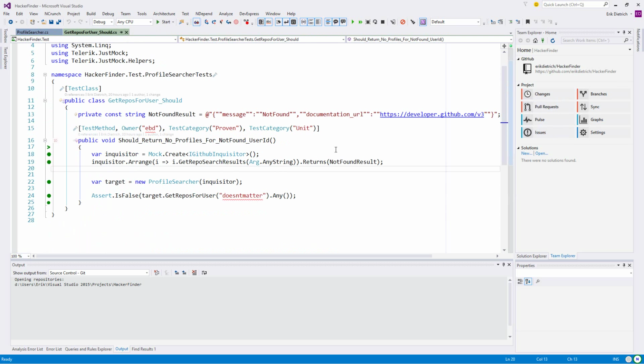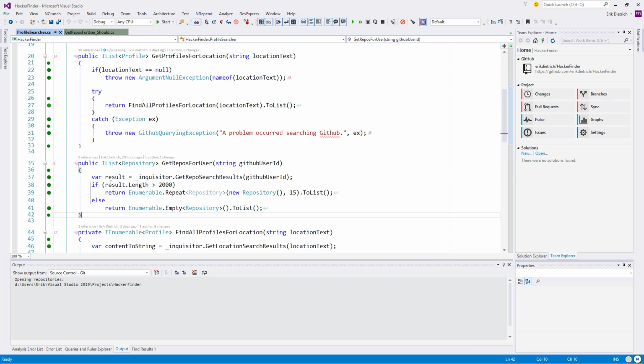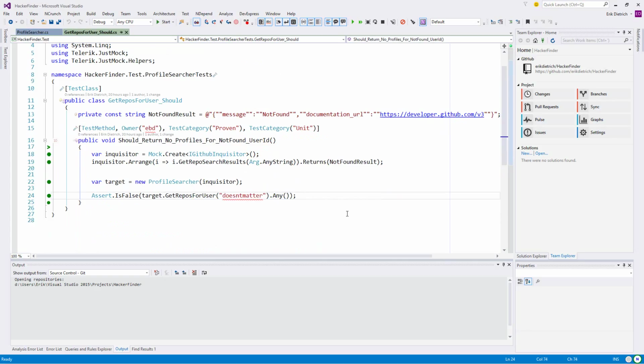All right. So what's the next test to write here? When we get this result not found back, that's when we make this check, which needs to go away. That was done to help finish up the episode. One thing that it strikes me I could do is go find a user with only one repo. But that might be